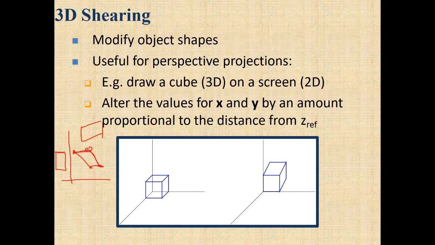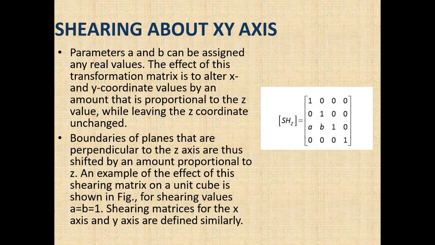So for the z axis also the same is going to happen. Now this is an interesting part: what is going to happen if shearing is happening towards the xy axis? The basic concept is you have to make a composite of those two planes. So let's say there are some values a and b that are the amount of shearing that has happened. In that case, the transformation matrix is going to look like this. So actually what happened is the shearing has happened towards the z-axis, and the values that have changed are for x and y towards the z-axis. So in that case, the transformation matrix is going to look like this.